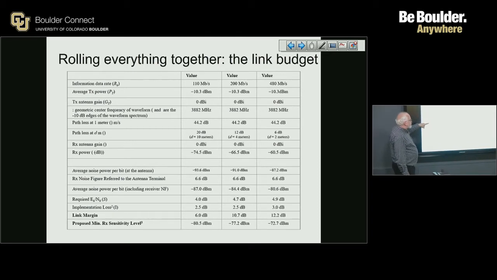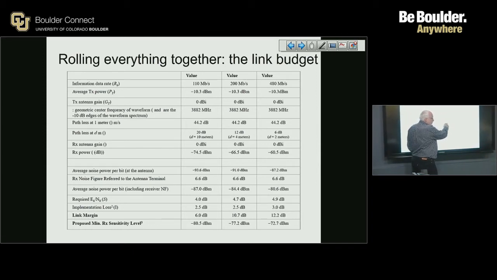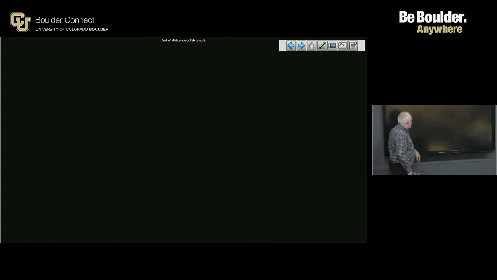Then at the receiver, you have a certain gain. So if you take the transmit power minus the path loss, that's the power at the receiver. So that's the best you can do given path loss. So that's where you start. And you say, okay,